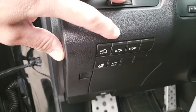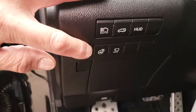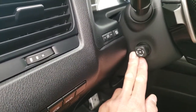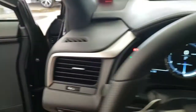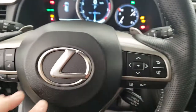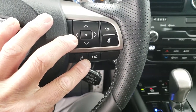automatic high beams, power rear liftgate, heads-up display, heated steering wheel, panoramic view monitor, power tilt and telescopic steering wheel, hands-free audio controls, hands-free calling, lane keeping assist with steering assist, dynamic radar cruise control with pre-collision system,